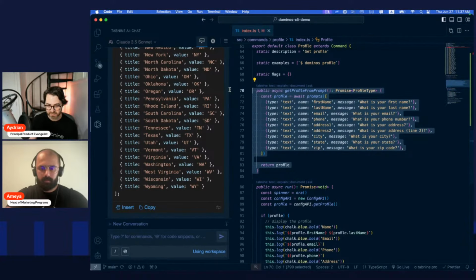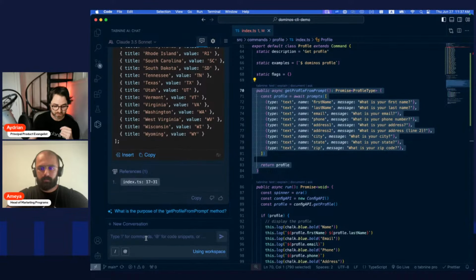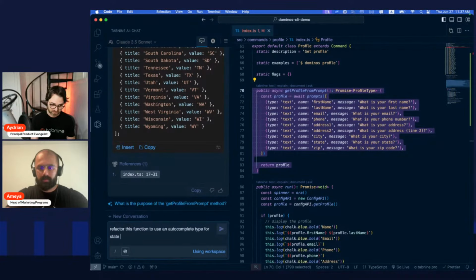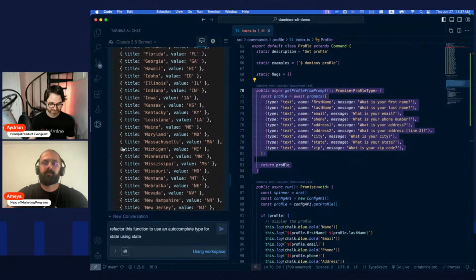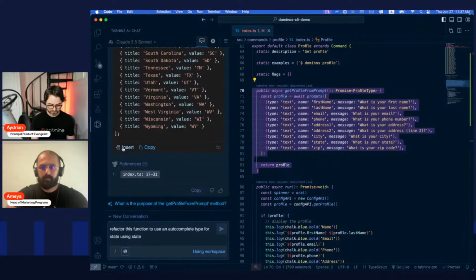So I'm going to highlight this. This is where I'm specifically selecting this function as context. And I'm going to say, refactor this function to use an autocomplete type for state using state choices for the choices.